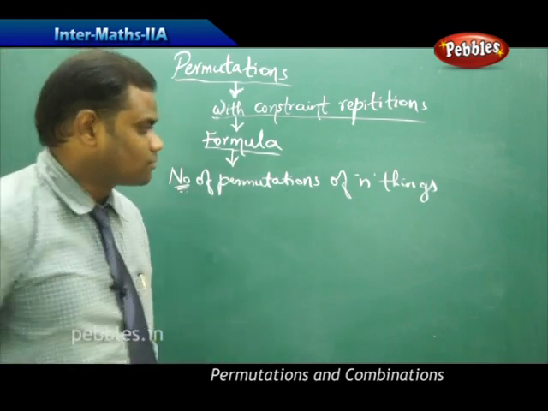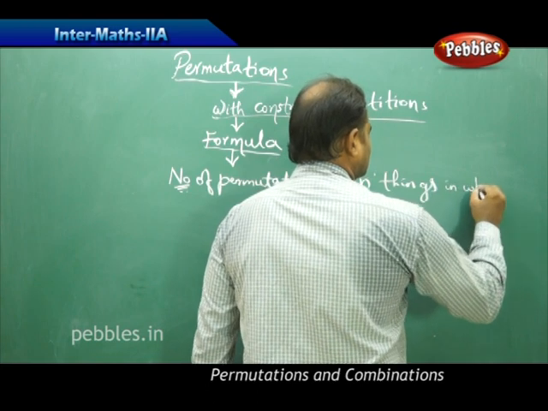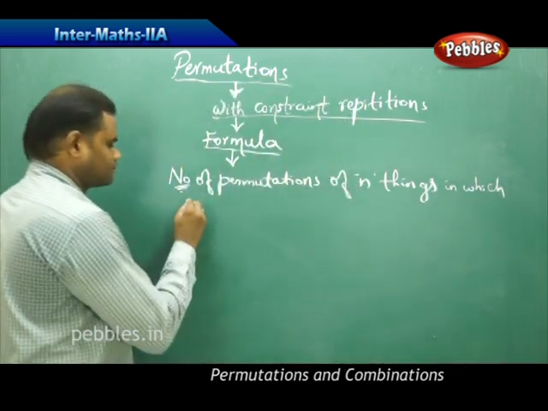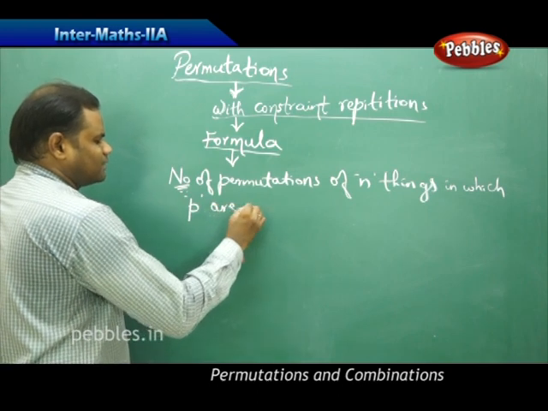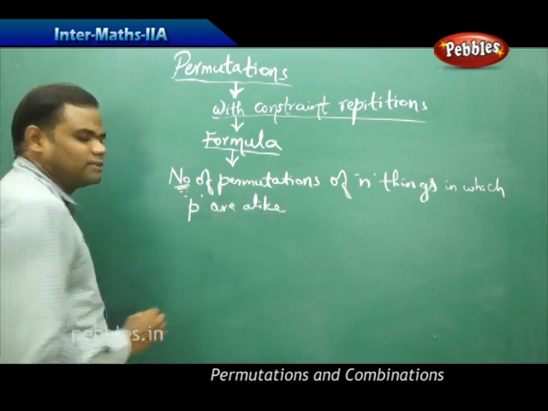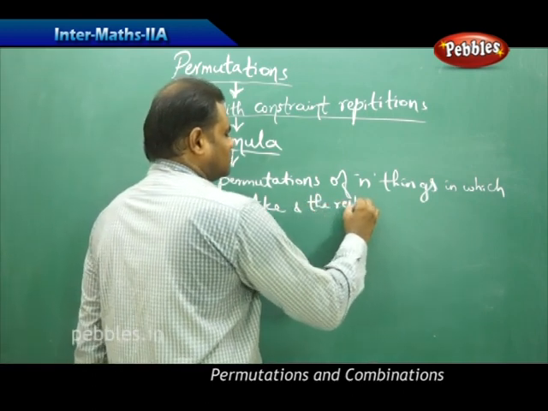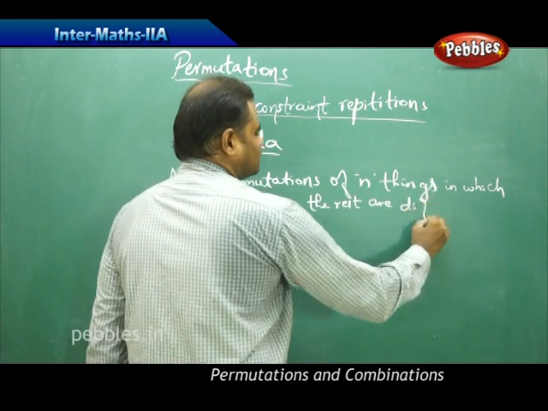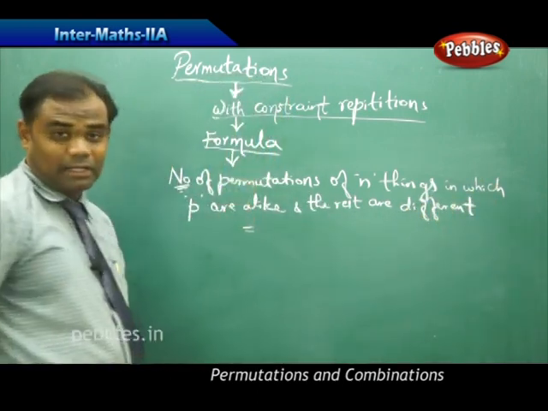So the number of permutations of n things in which p are alike, that is, there are p of them which are alike and the rest are different, is given by the formula